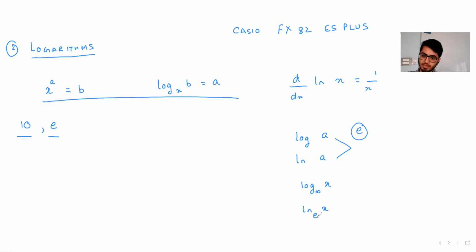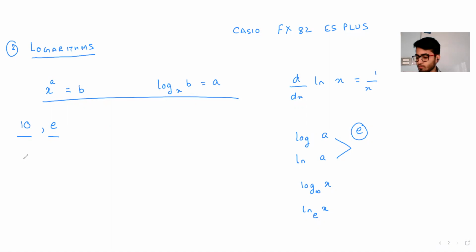But while writing, whether in an examination or any material, if you do not write anything explicitly for the base, it means that e is the base. Whether you write ln or log, it is the same thing. More technically, if the base is e, we should restrict ourselves to writing ln, but equivalently you can just write log a as well. And if there is any other base, make sure you write it down explicitly.